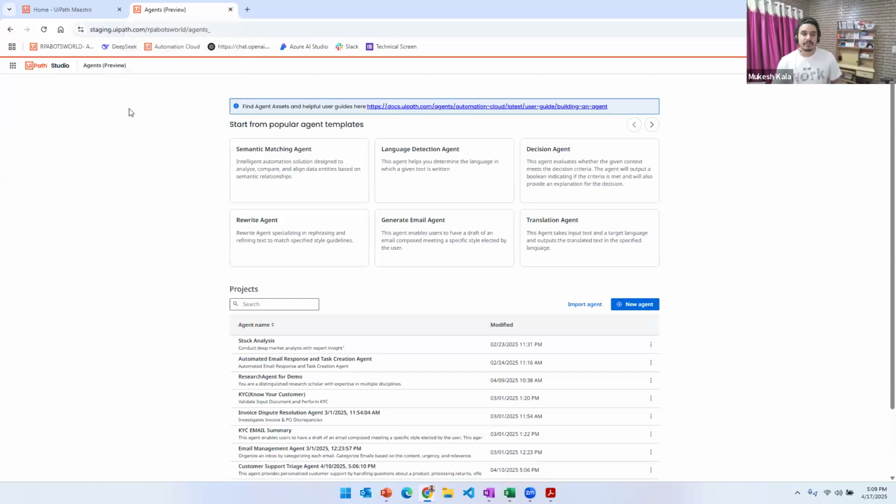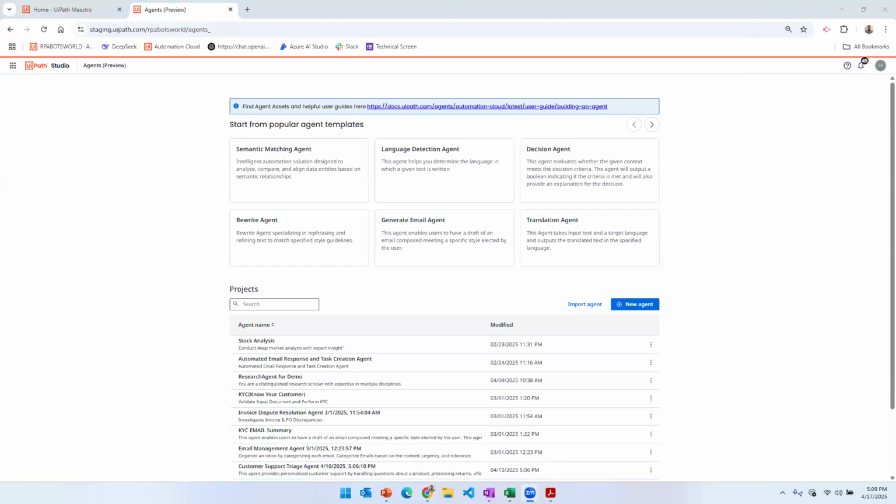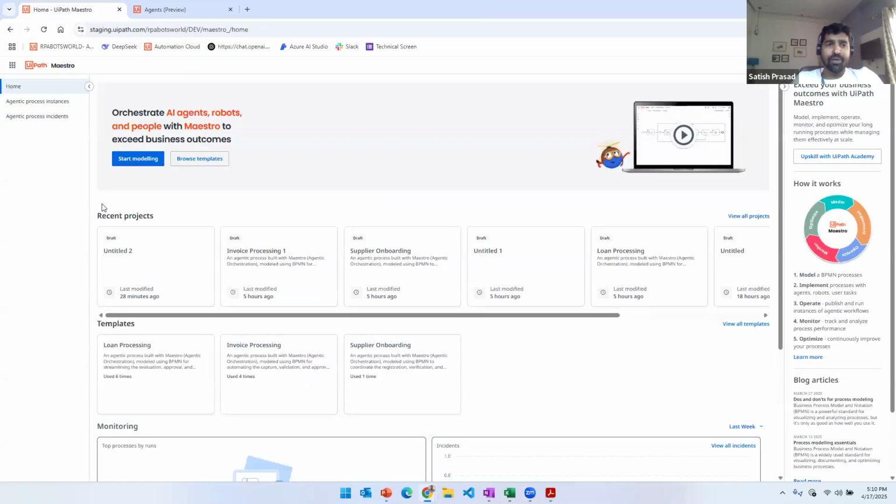Okay. So guys, you can unmute yourself now and you can ask questions. Hi Satish. As you said, UiPath is going to have a new licensing model for AI units. Is it going to be a pay per use kind of model? It's not pay per use, but pay per instance of running the agentic orchestration.